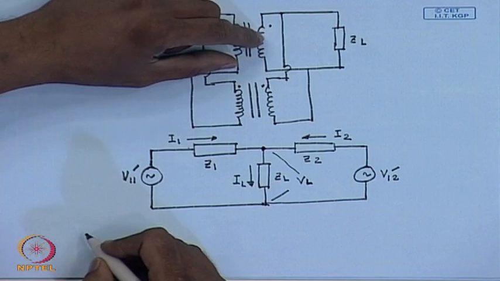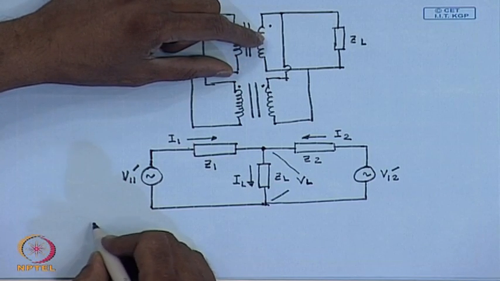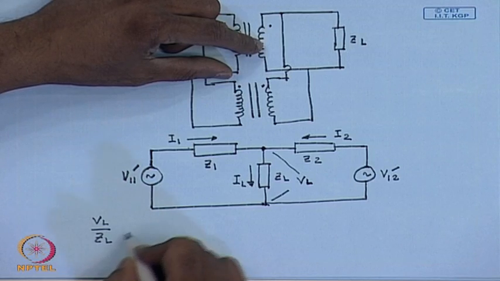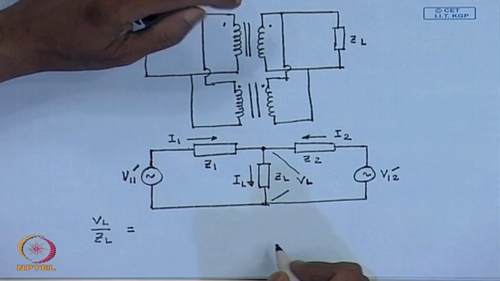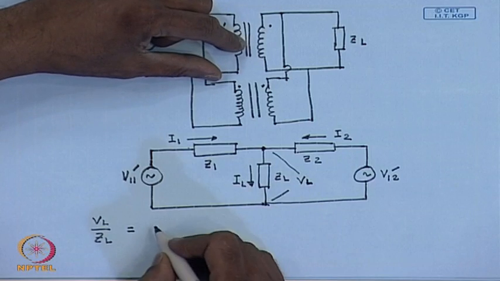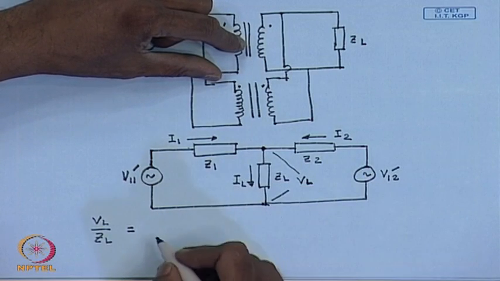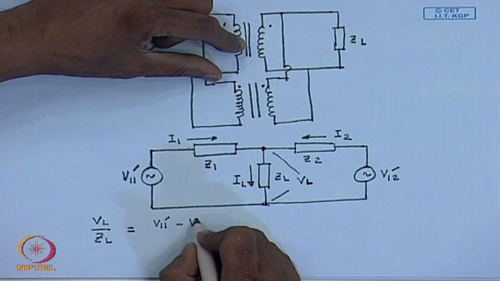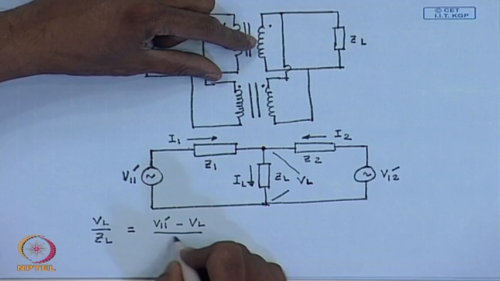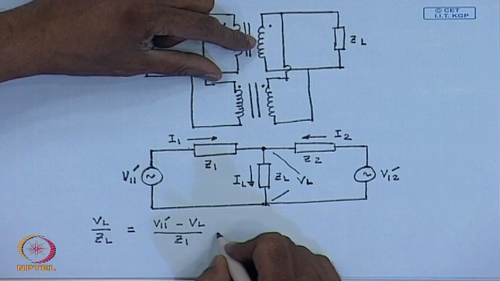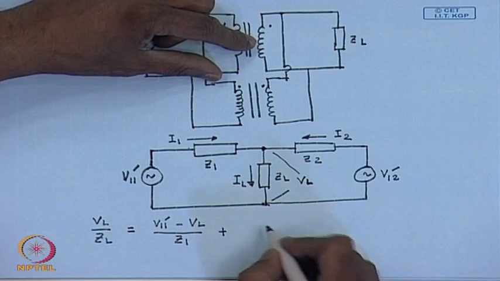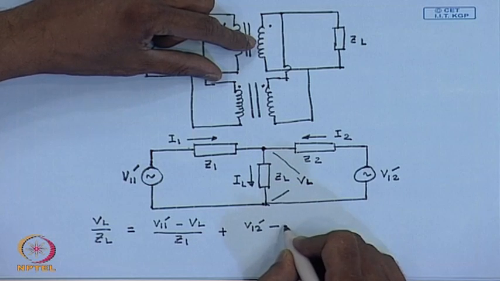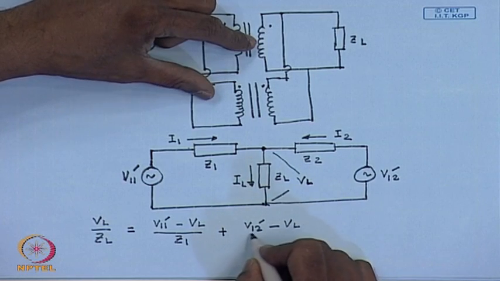We can write VL divided by ZL equal to (V11 dash minus VL) by Z1 plus (V12 dash minus VL) by Z2,